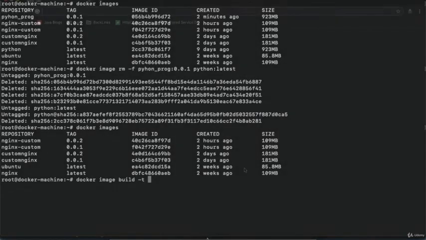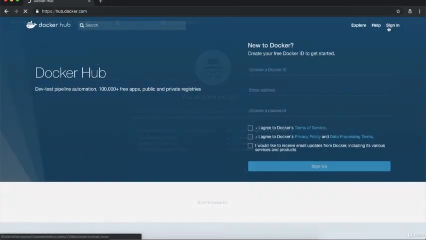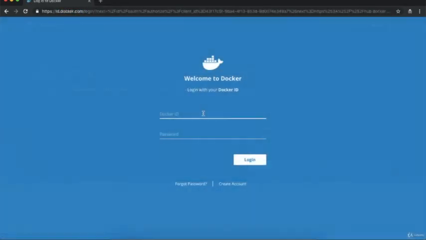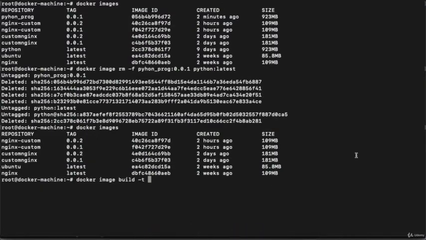So I will go to Google and open hub.docker.com, click on the sign in button, enter my username and password and log into my account. Now your account name would be displayed at the top right side of your web page. So my account name is Anshul DevOps, right? So I'll go to my terminal and I will provide my account name, which is Anshul DevOps, then put slash,